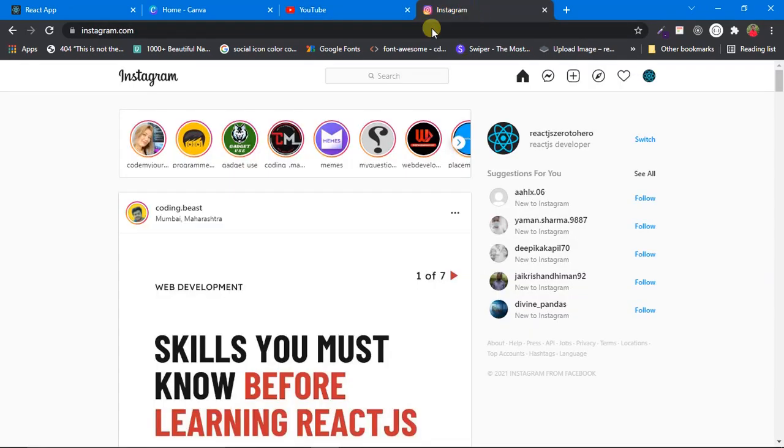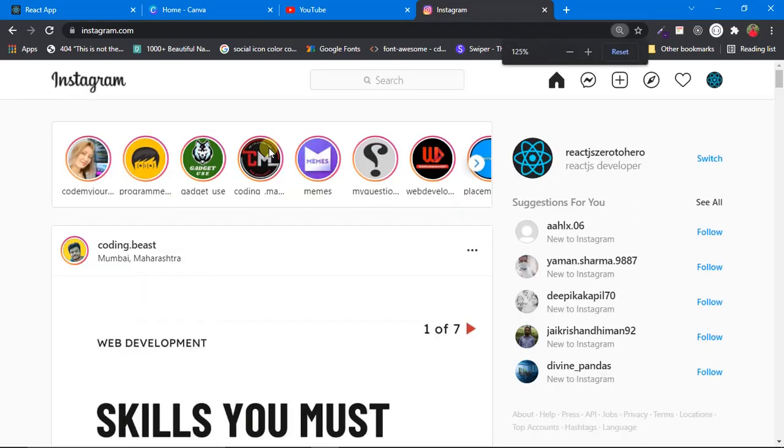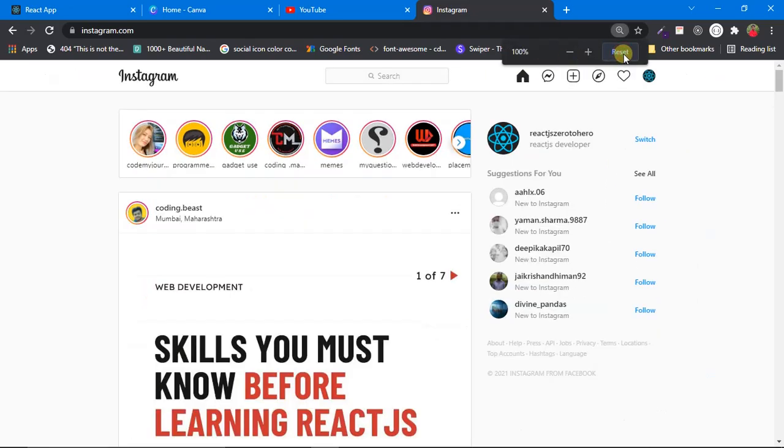If you just head over to instagram.com, see here. Let me zoom in a little bit. See here, this is a different kind, right? If you observe, first we have an avatar image and we also have a border around it, but there is a slight gap between this image avatar and this border, right? So we'll also see how to make this kind of avatar with the help of a Material UI avatar component in this video itself. And at last we'll see how to make avatar group. Okay, so now let's start coding.